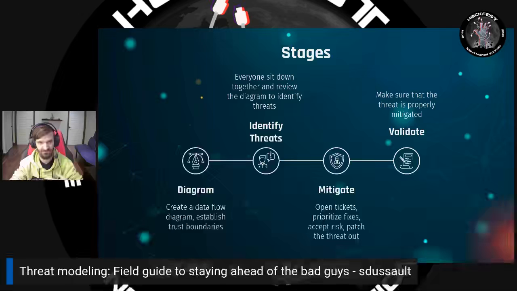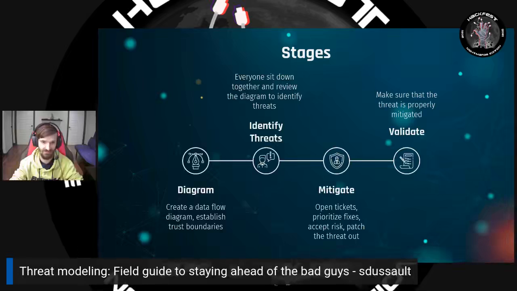Once this is done, the second phase would be identifying threats. This is the main phase of threat modeling. This is a phase where everyone basically sits down together and reviews the diagram to identify threats. Through questions, through open discussions, you start identifying what could go wrong and what would happen if it did go wrong. Through that process, through those discussions, you usually come out with a bunch of threats or issues that you identify. And you can then move on to the third stage, which would be mitigate, or the